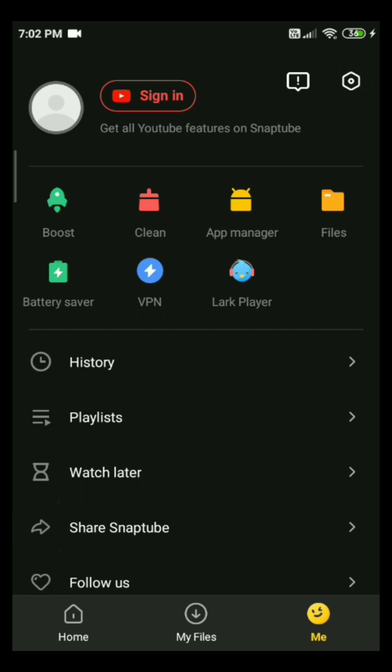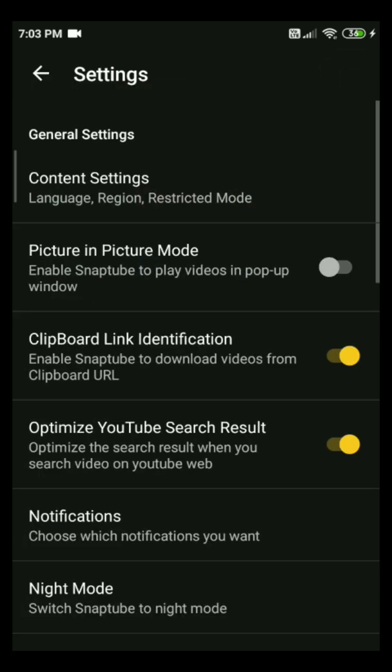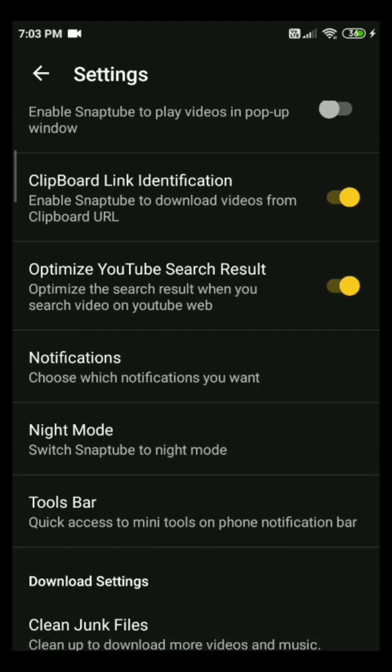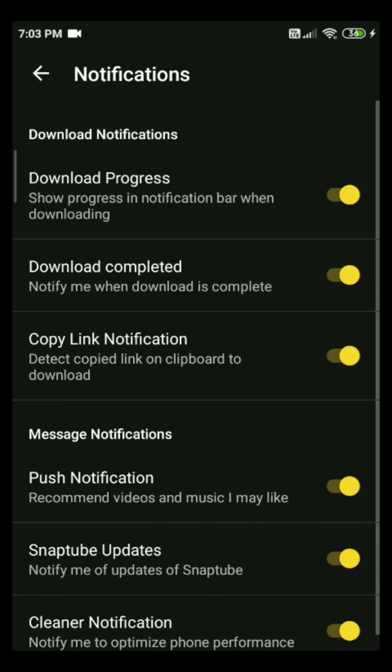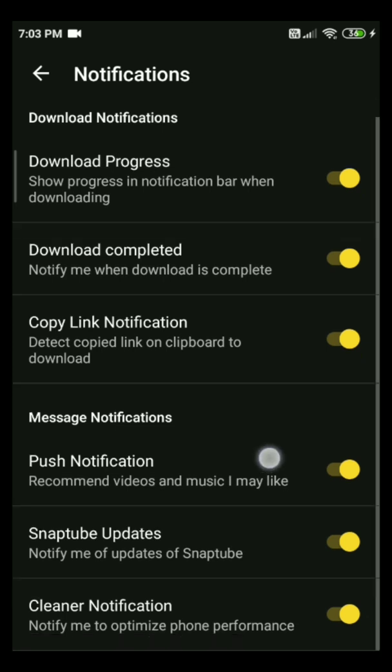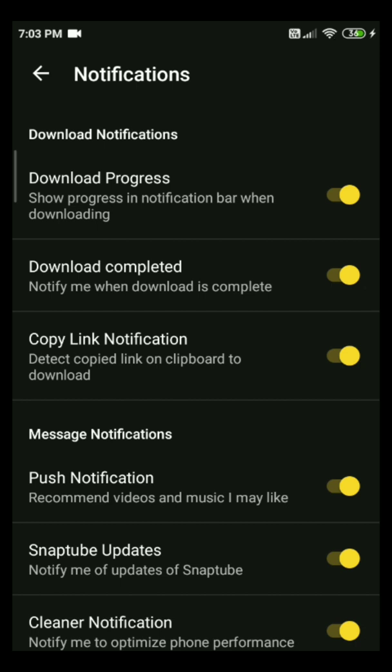After going to the settings, you will see the notifications option here. After pressing it, there are many notifications you will get from this app. You can turn off this copy link notification, and the push notification for recommended videos and music I may like.